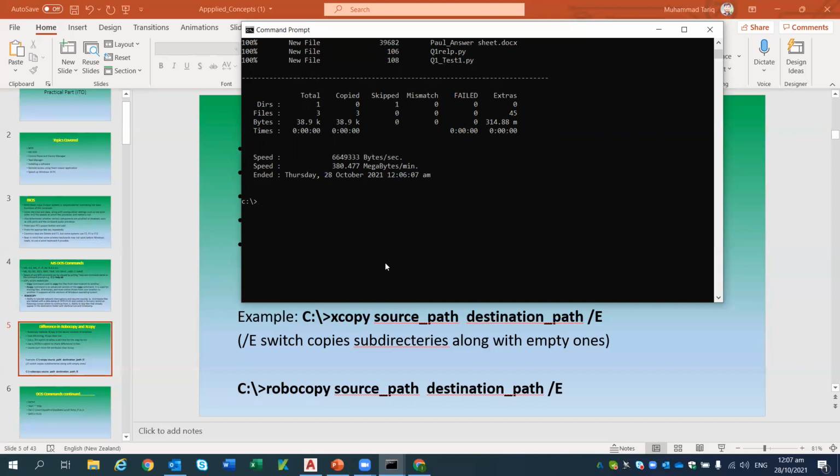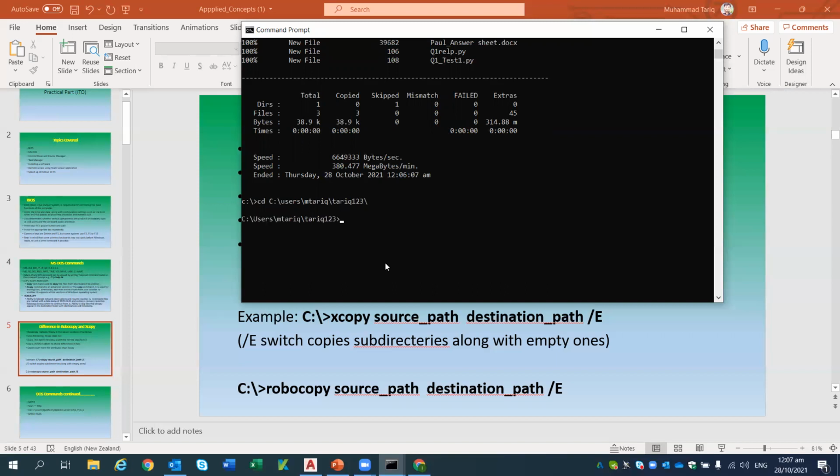For instance, if you remember, initially I was in a CD, so C, users, and then I was Tariq, and then, for example, if I want to go to Tariq 1, 2, 3,